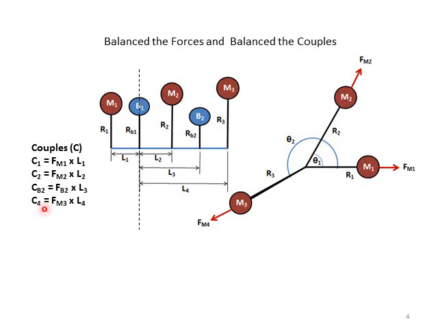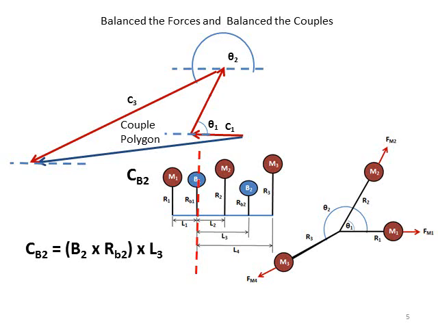And the last couple is C4, which is the force produced by the unbalanced mass m3, which is Fm3, and the axial distance L4. So here are the couples. Secondly, what we are doing,